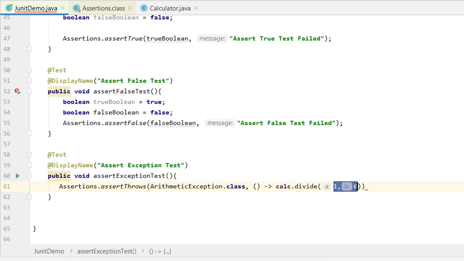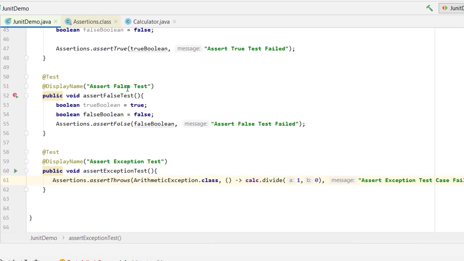So if we provide 1, 0 here, it is expected to throw an ArithmeticException. We are expecting that this method should throw the ArithmeticException with these arguments. Now let me provide the message also here: assert test case failed.